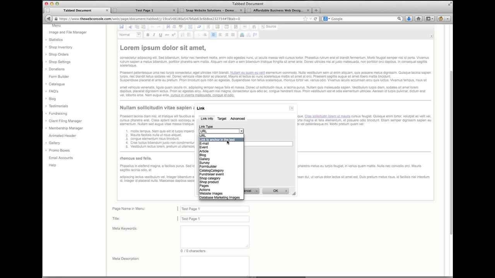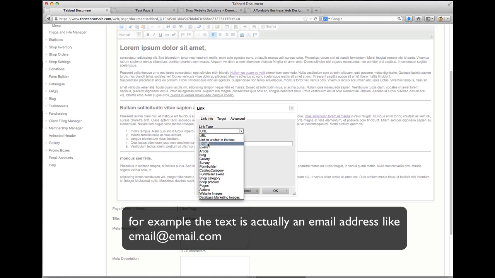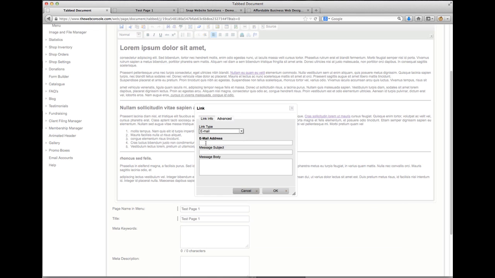We can link to an anchor in the text. There will be a separate tutorial on this. We can link to an email address. So this is if you had an email address and you want it to be a clickable link for people to click and have it open up in their email client. So if we click on email,